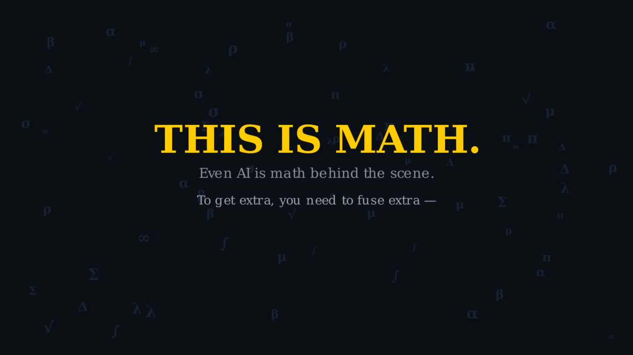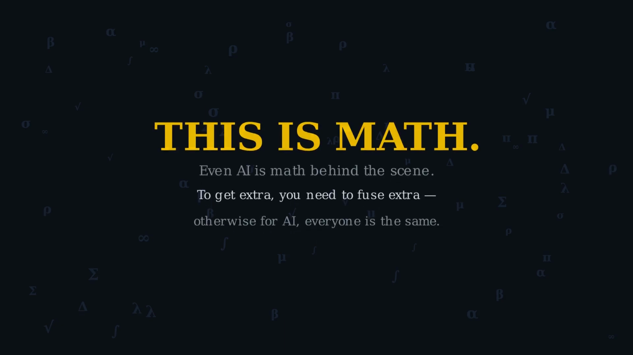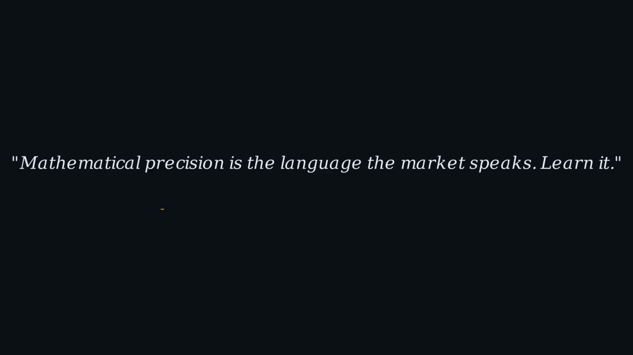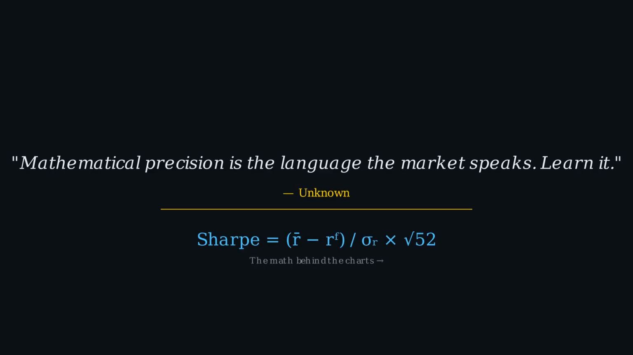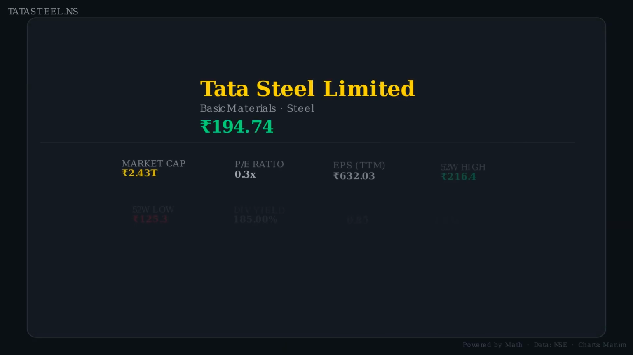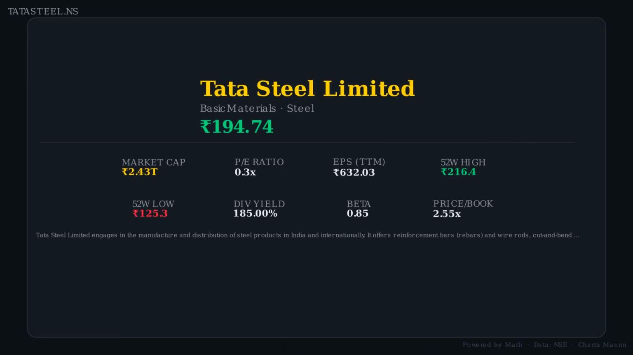This is math. Welcome to the technical analysis of Tata Steel Limited. TATASTEEL.NS is a basic materials company with Rs 2.4 trillion. Over the past 3 years, the stock has gained 90.7%. We will break down 4 key indicators: moving averages, Bollinger bands, RSI, and MACD, because every line on this chart